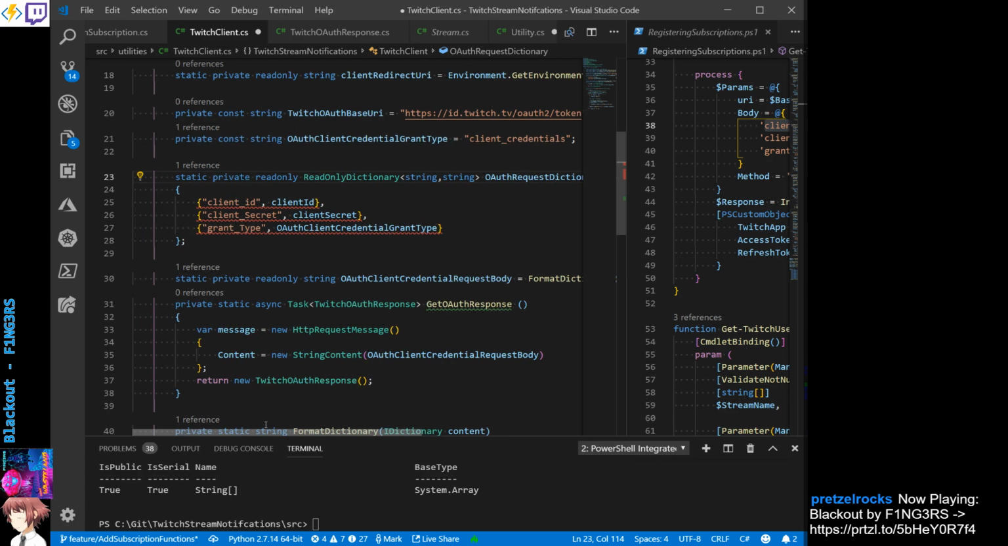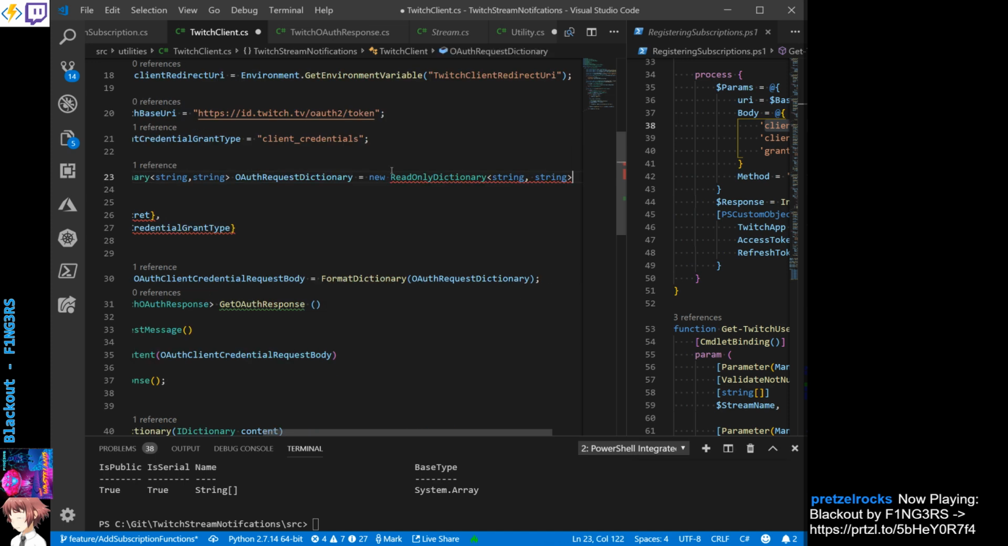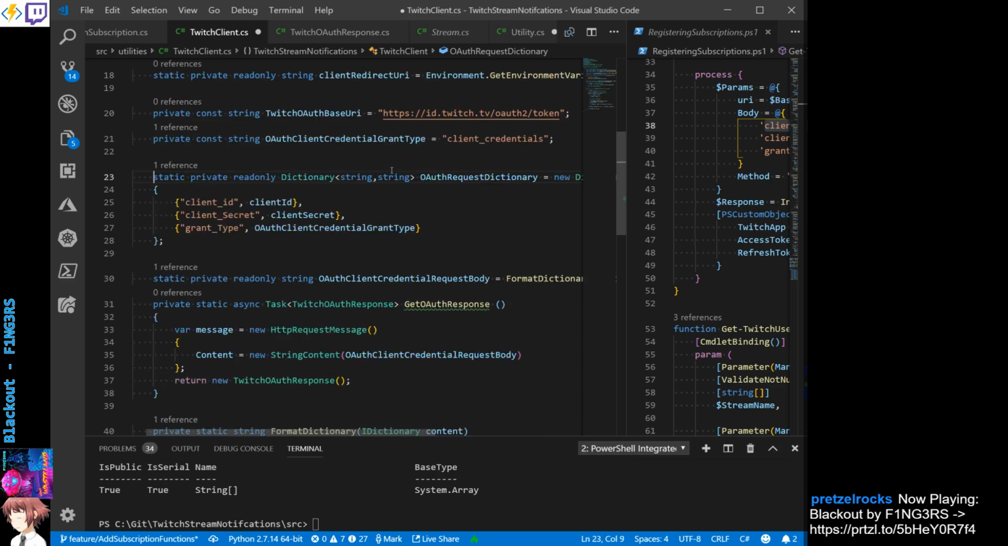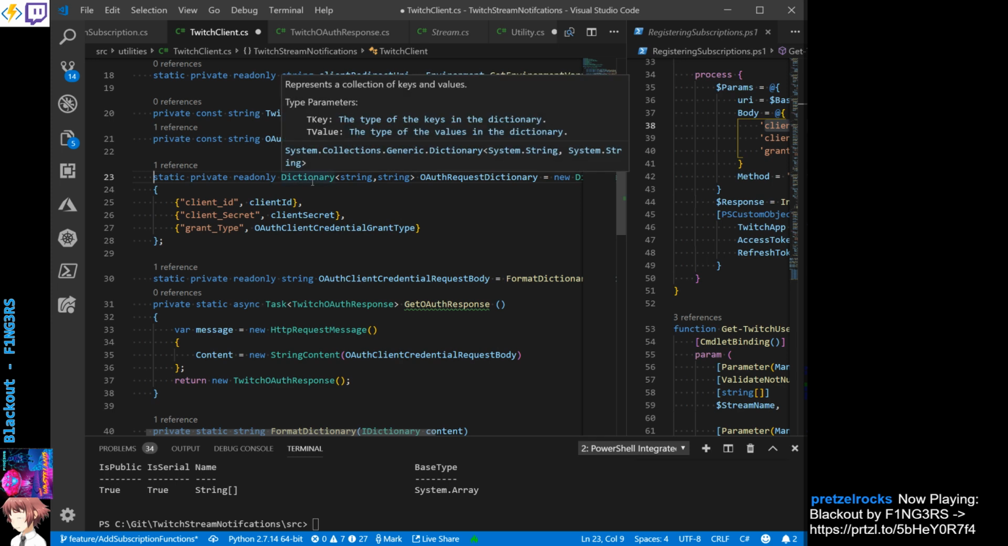Maybe not. Maybe I'll just use dictionary. It's fine. I don't care to spend too much time figuring out how that API works. It's been a while since I've worked with the read-only collections, and they're slightly weird. Anyway, I create this dictionary, and then